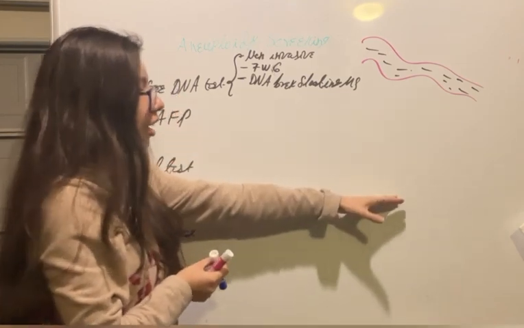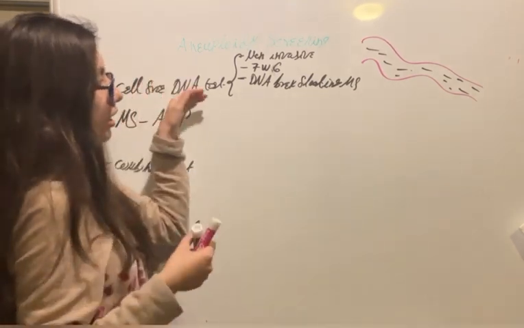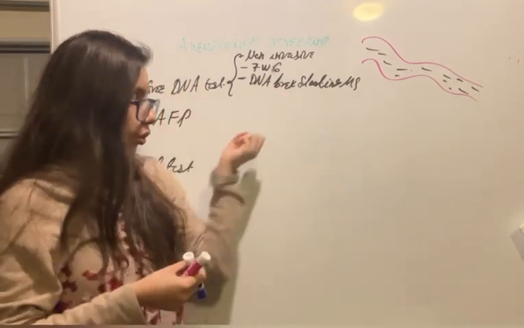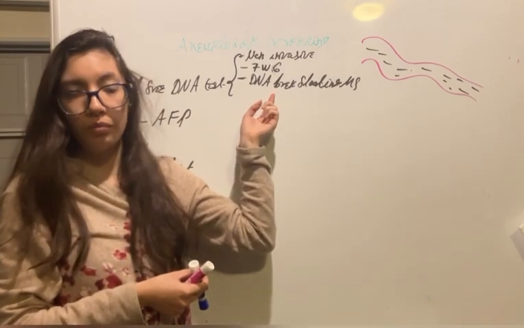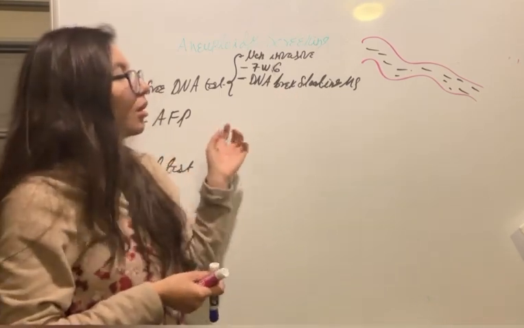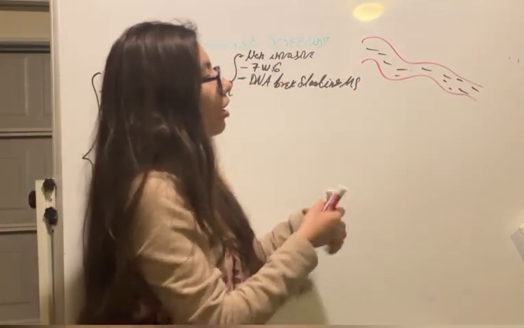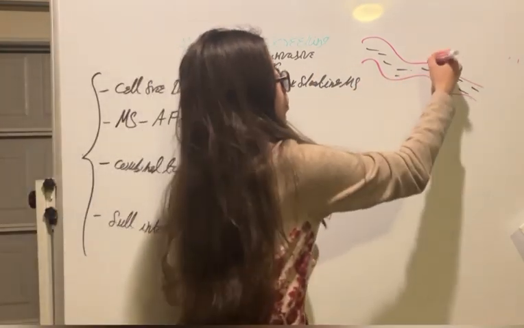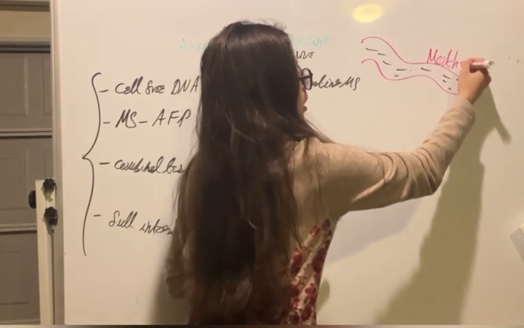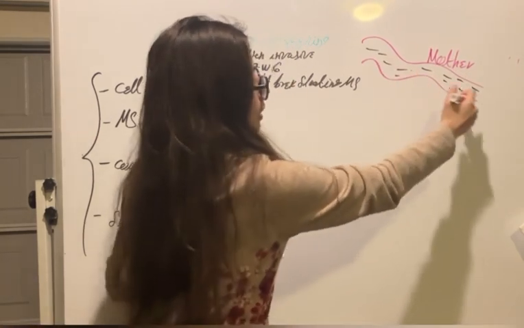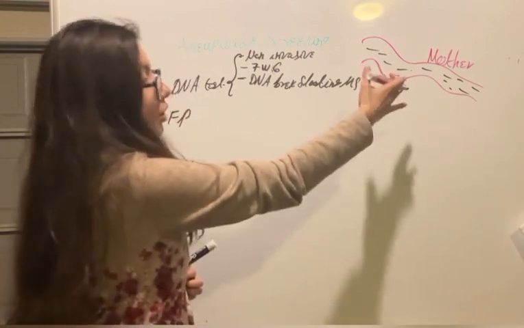If it would have been a testing where we need to draw blood from the fetus, this would be an invasive test for the fetus. But here we are taking blood from the mother, and in the mother's bloodstream, eventually we will have